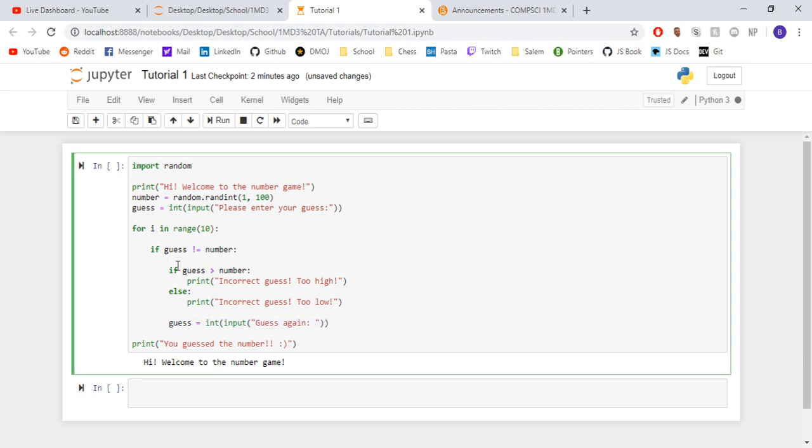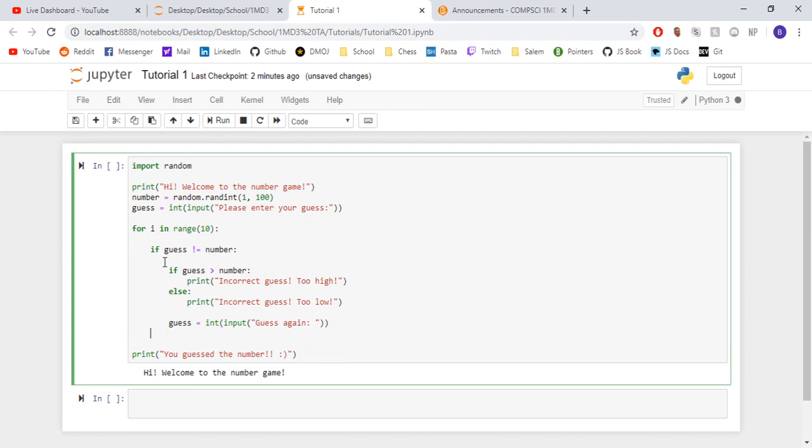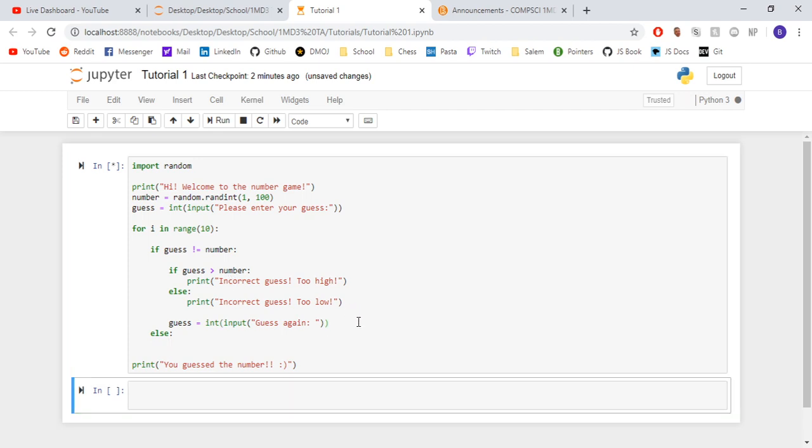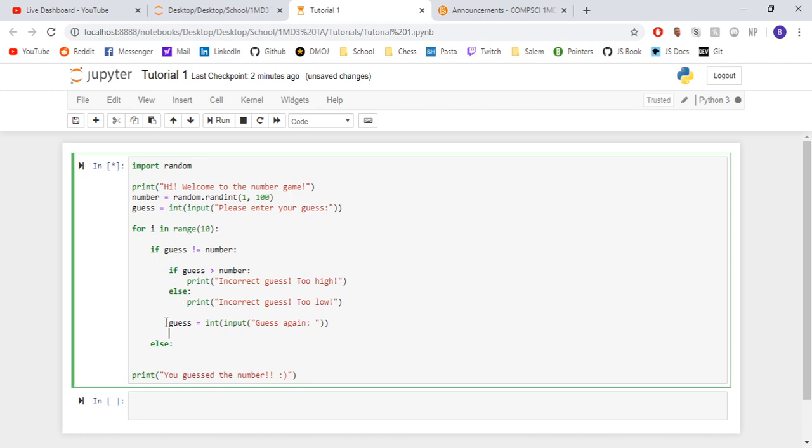Cool. So here's what we're going to do. We're going to tab back out here, right? So now we're in line with this initial if, and we're going to say else. This else is referring to this if statement. So if guess is not equal to number, if that's true, then guess is not equal to number. Else, well, the only time it's not equal to the number is if the guess is equal to the number. So basically, if the guess is equal to the number, we're going to say